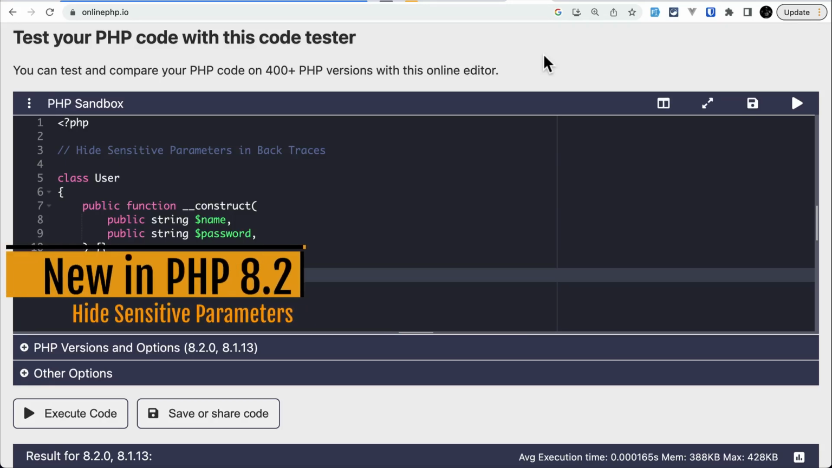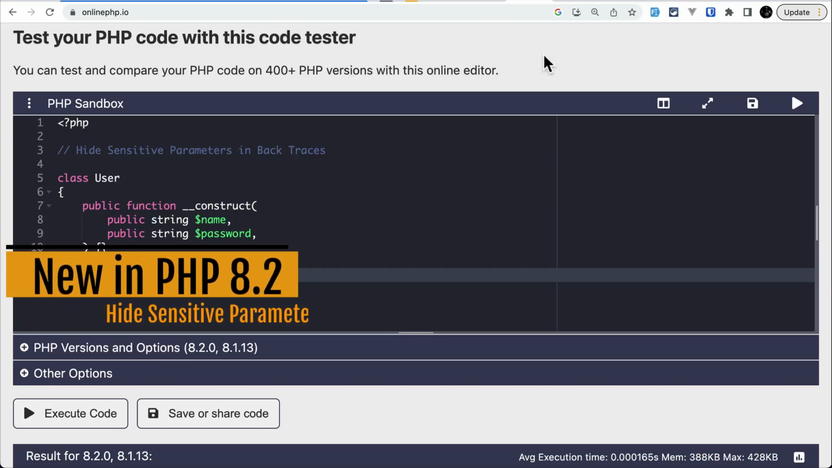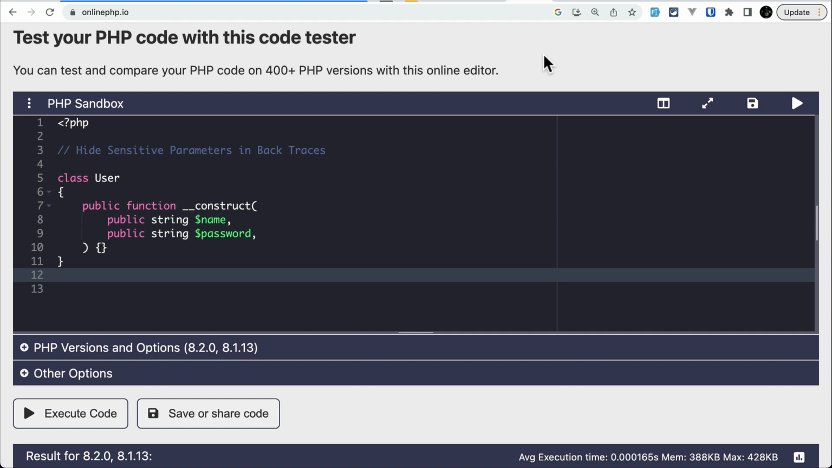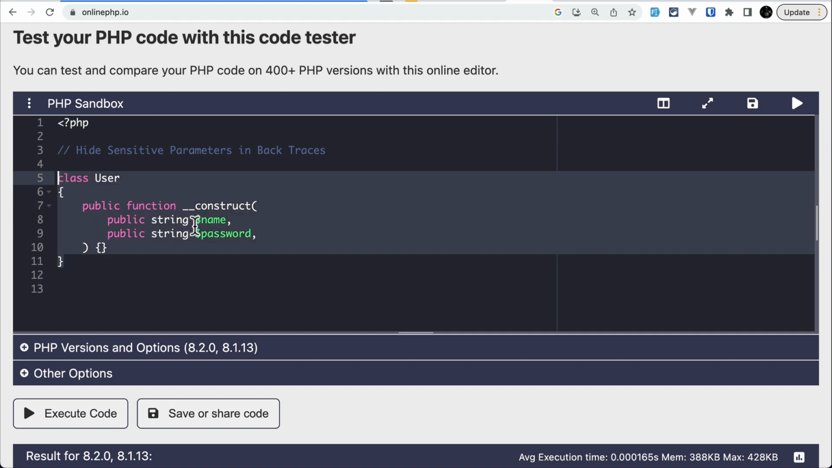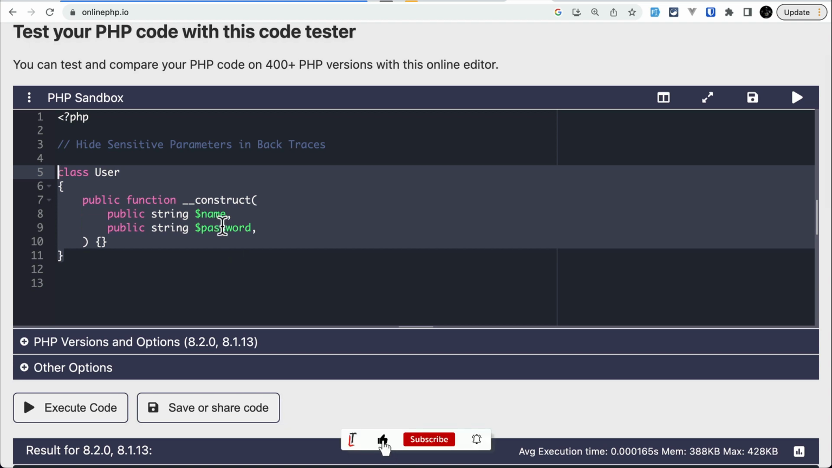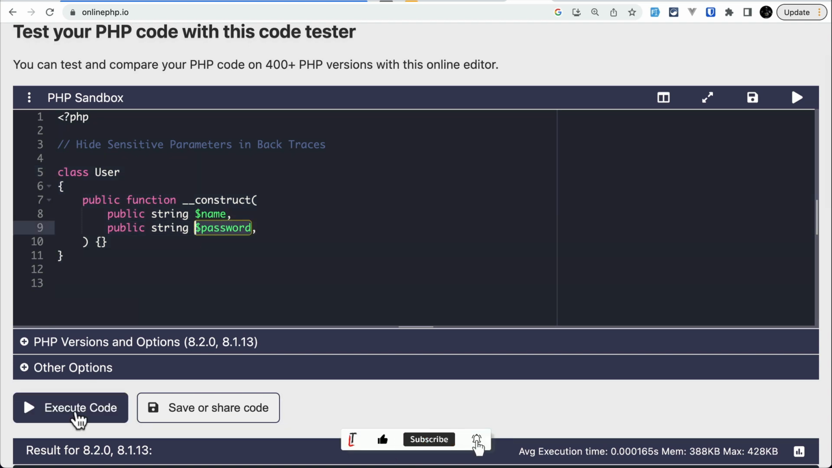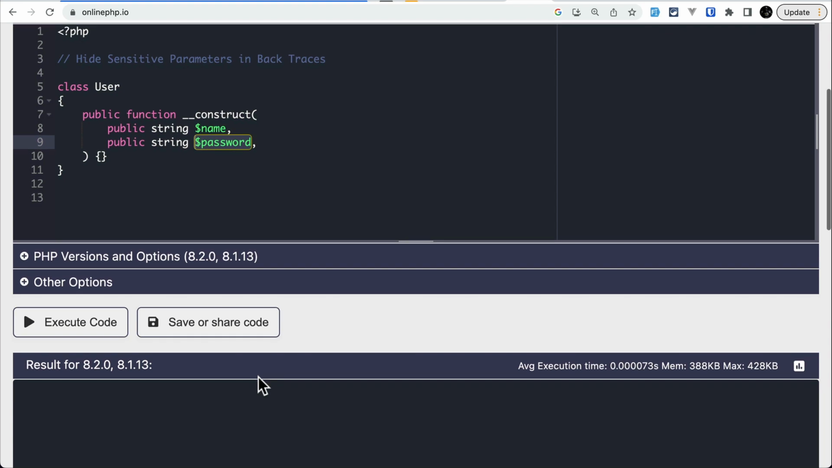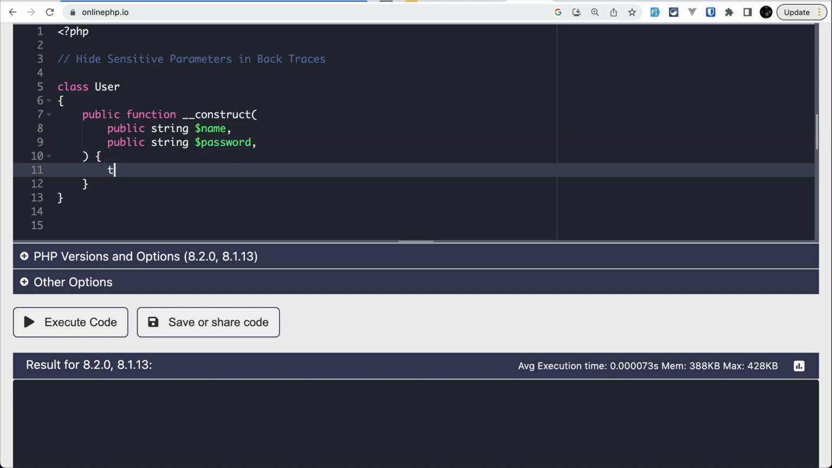In PHP 8.2, now there is a way to hide some sensitive parameters in backtraces. Here you can see a simple class, a user class, which has a name and password. Password is very sensitive information over here. If I just execute this code, then you can see here nothing is happening. But if there is an error whenever we are trying to initialize this user, let's say throw new exception error